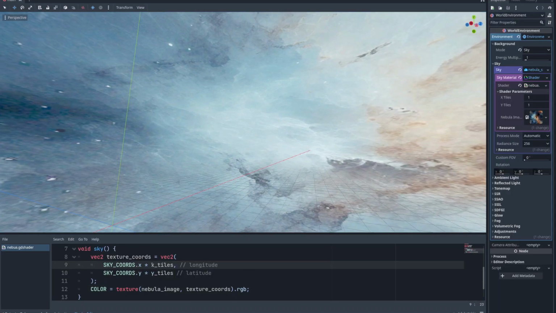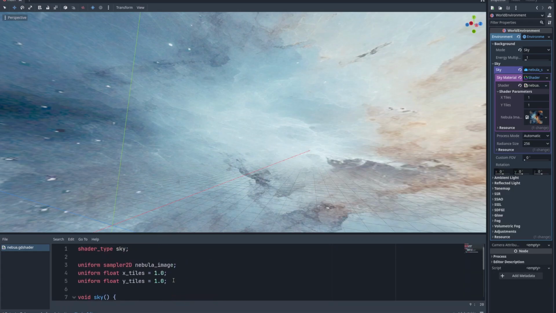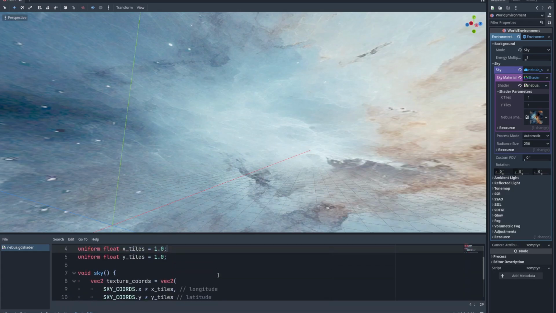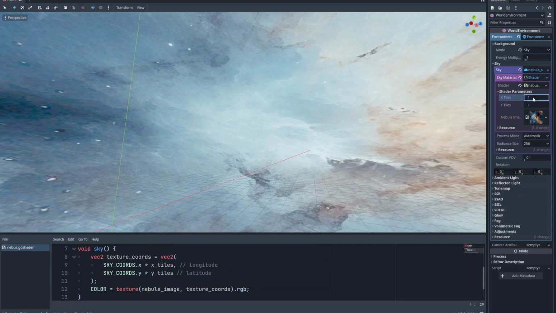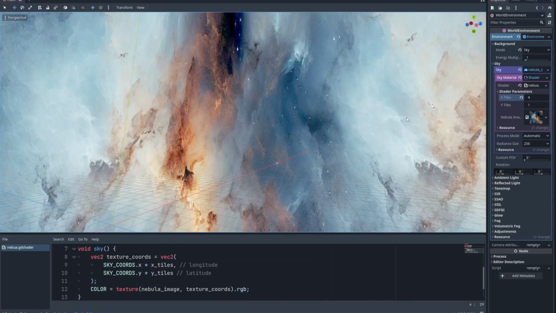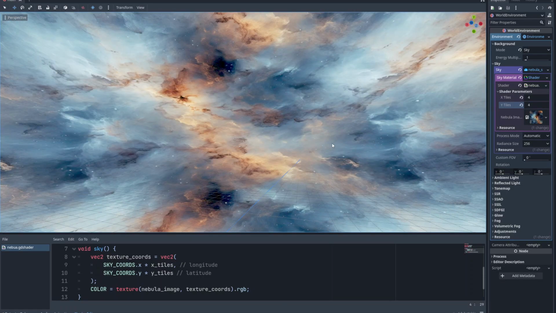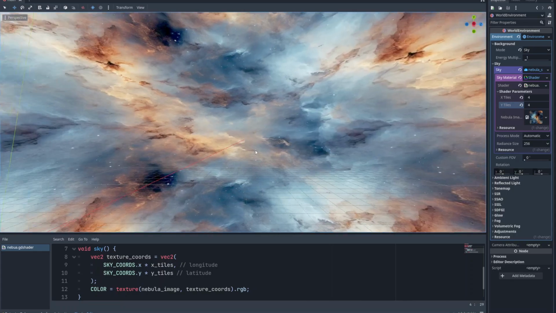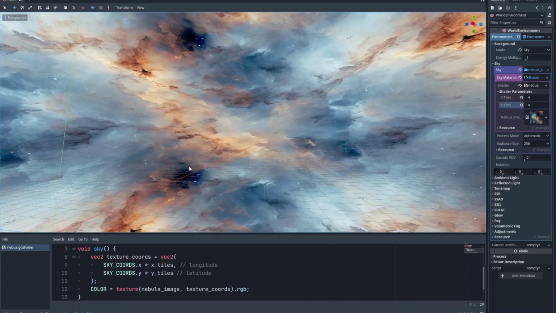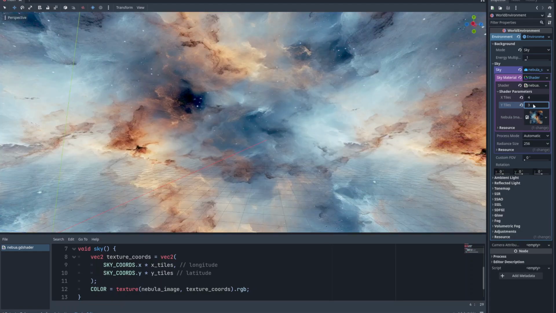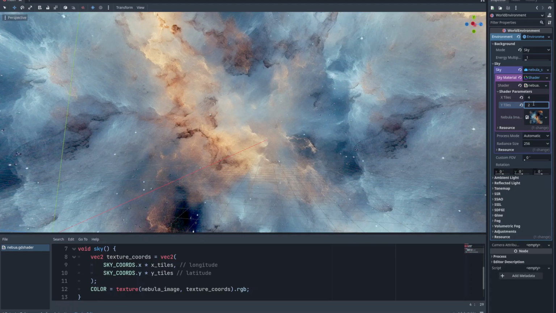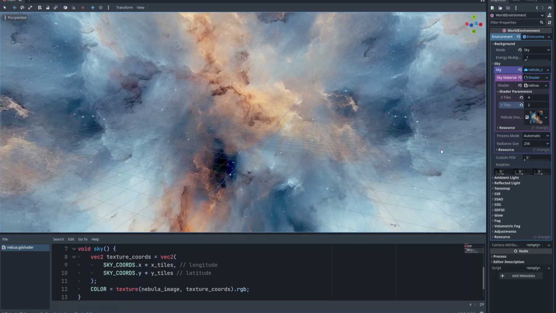Next up, I got multiple tiles working. This was a lot easier than expected. I just got 2 variables for how many X tiles you want and how many Y tiles you want, and then just multiplied your X and Y coordinates by how many tiles you wanted. Mathematically, I'm not really sure how this works. I imagine it's because the hidden sampling of the texture function loops around automatically for you, but either way, it's